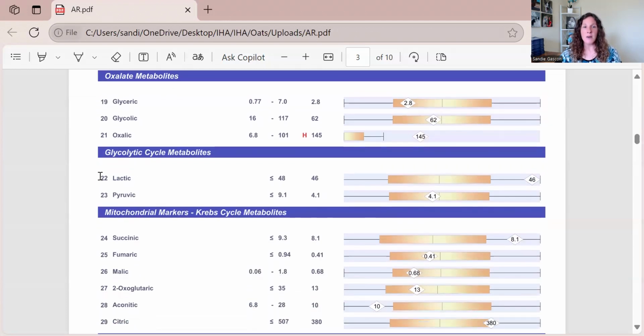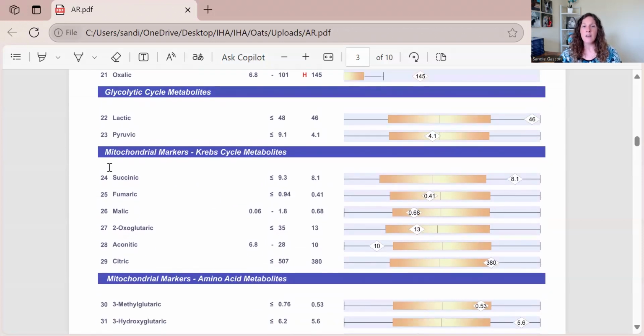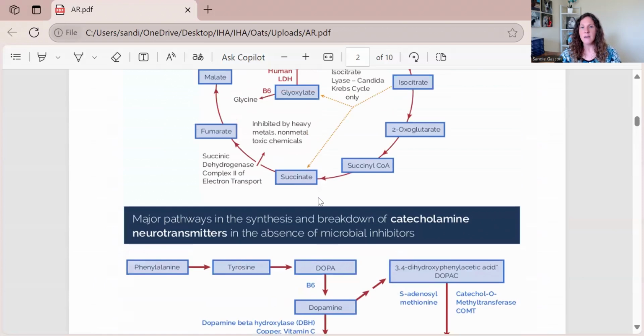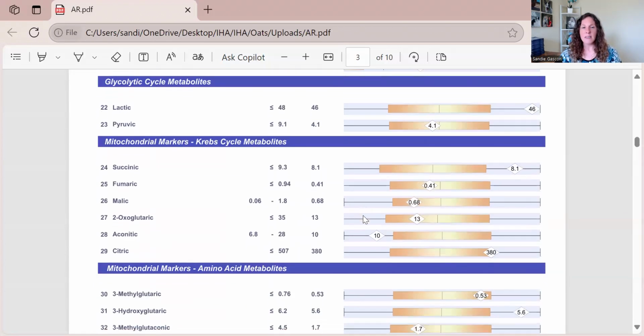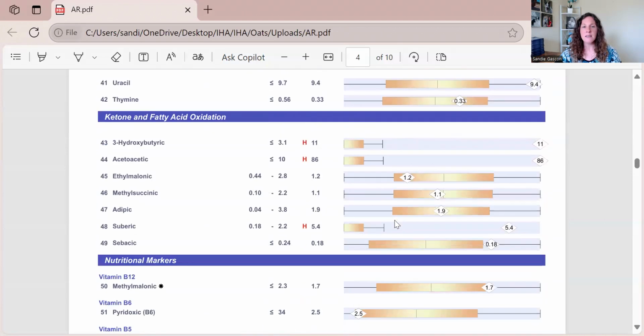The next markers, marker 22 and 23, that's part of glycolysis. So that's the first step of cellular respiration. These are the Krebs cycle metabolites. So that's that diagram up here. They're showing you the metabolites down there. And then these are also mitochondrial metabolites. And here, this is the ketones and fatty acids. So it's all about how your body is making energy. And you can see here, this person's